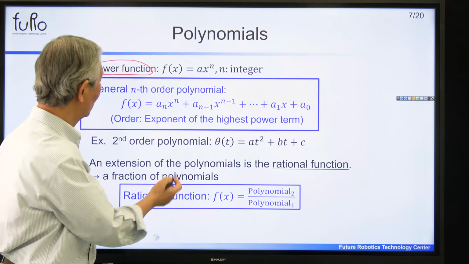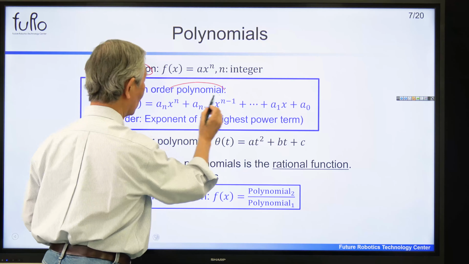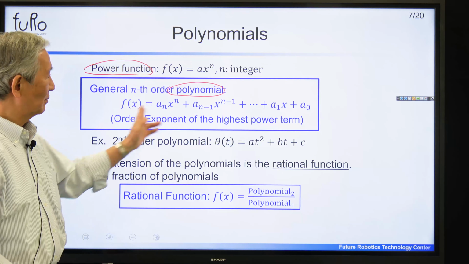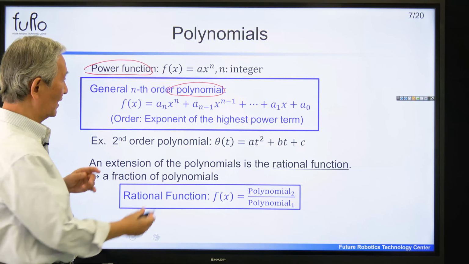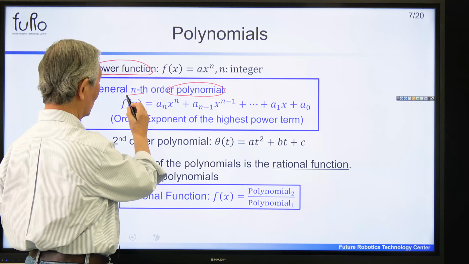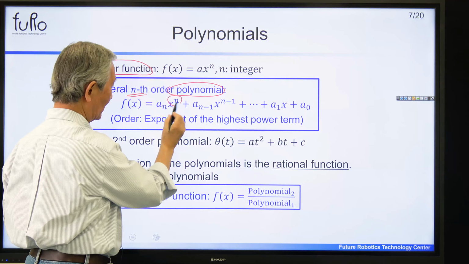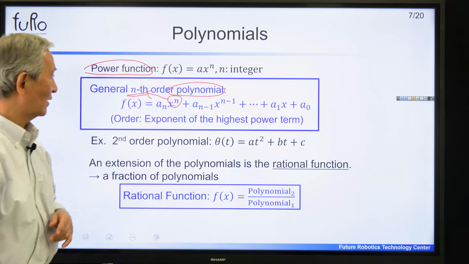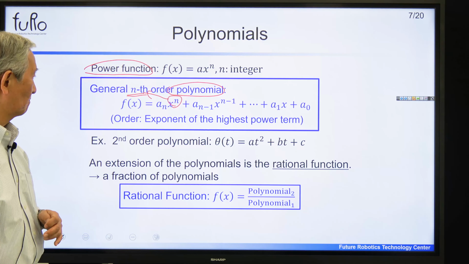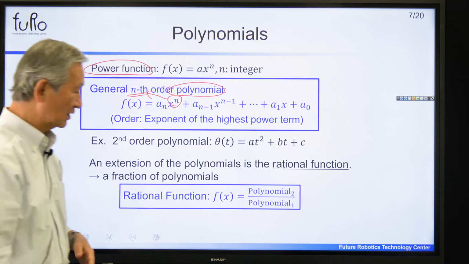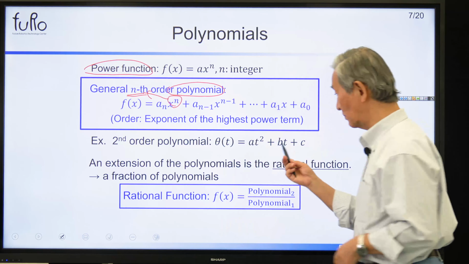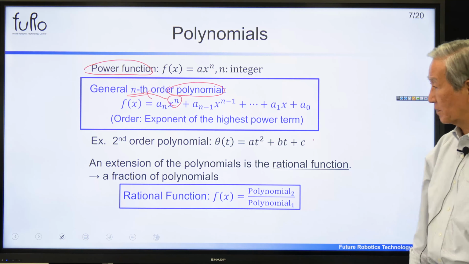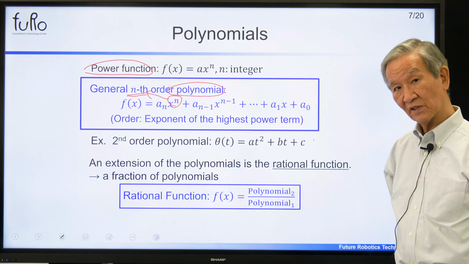If we put them together, we come up with polynomials. Put them together, and this is called the nth order polynomial. N comes from the highest power. Okay? Well, an example we have used is the second order polynomial. This one here, we used it already. And one interesting example